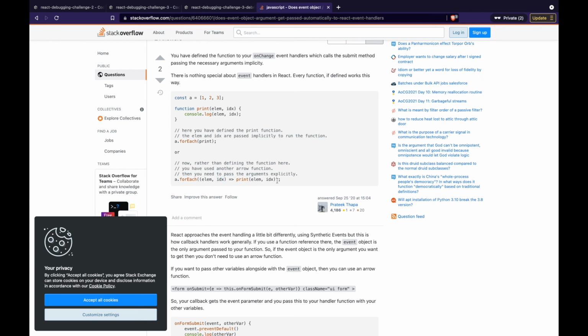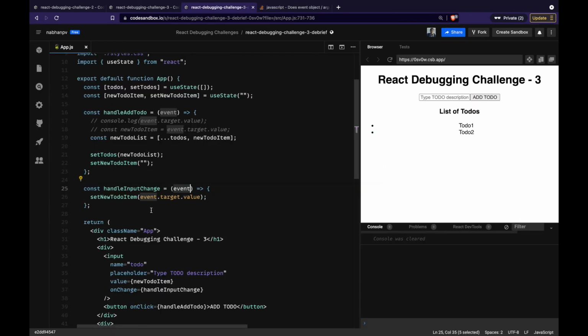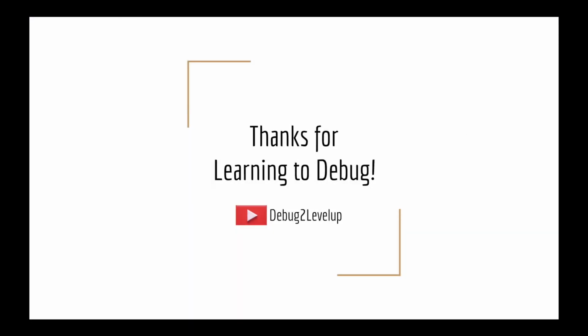So this is our usual, most common way to use forEach, but this would work just the same. For forEach, print would implicitly be passed these element and idx arguments. So this isn't anything special to React. It's just how JavaScript functions in general work.